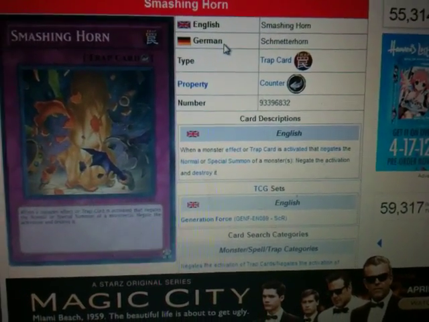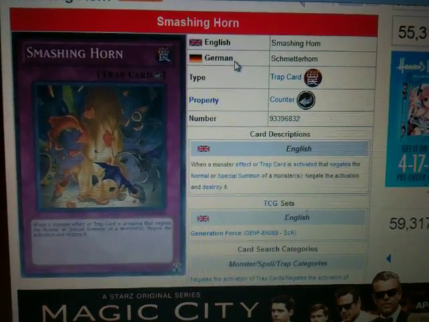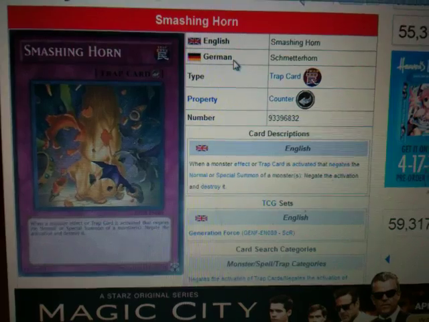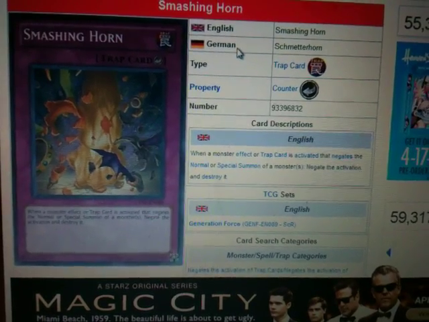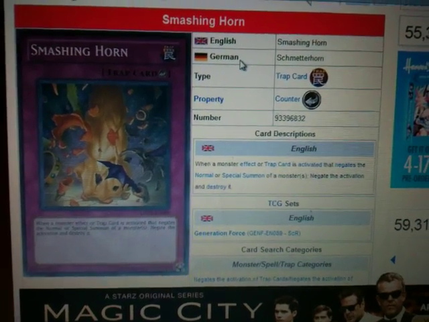That's 6 cards that the deck really focuses on. So Smashing Horn negates those cards for free, and it's a counter trap. So I think it's a really good card in general. Especially if you're going second, let's say your opponent goes first and makes a Logia, you set your Smashing Horn and some other back rows, and the next turn you can summon any monster with no fear,